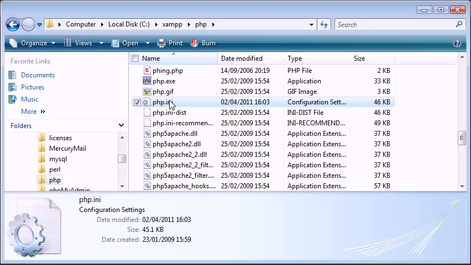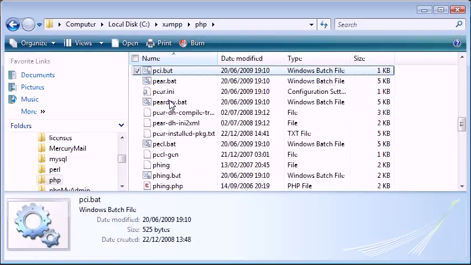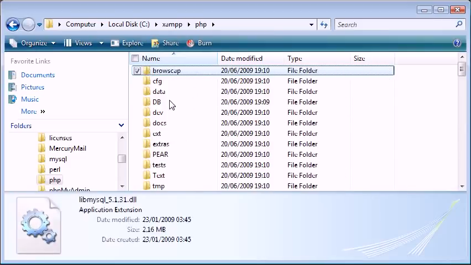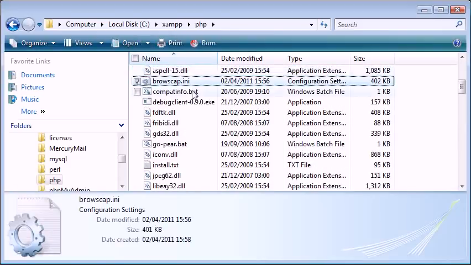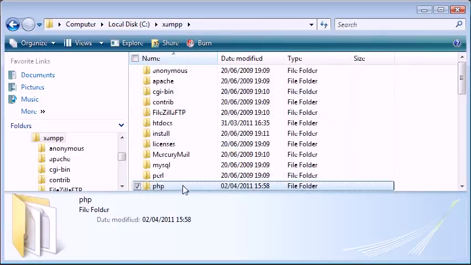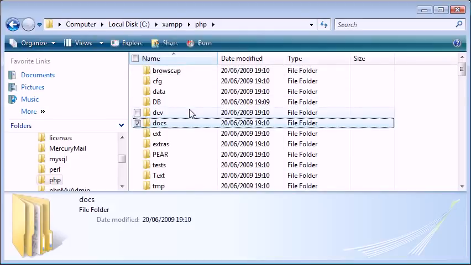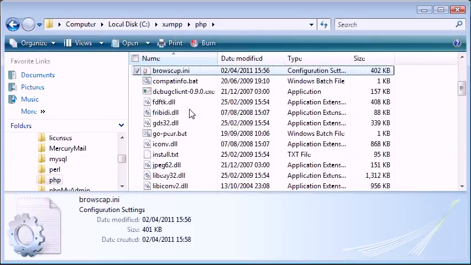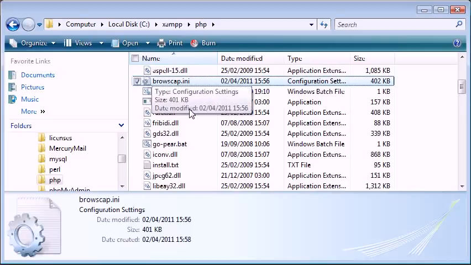So before you do anything, even if you think this file is up to date, we need to find a file called browsecap.ini. So if you haven't got this file, I'm in XAMPP here, and then in PHP, you need to have this file somewhere existing. So you can re-download it. If you Google for it, you'll be able to find it somewhere available to download. Just make sure it's the file for PHP and not for